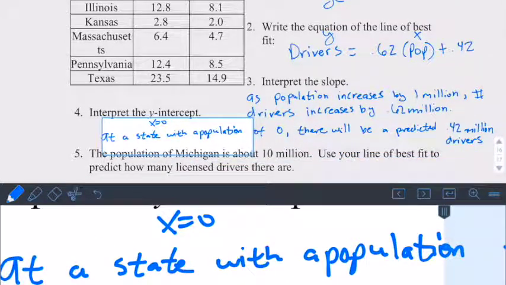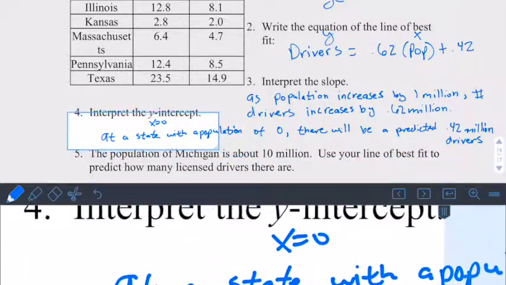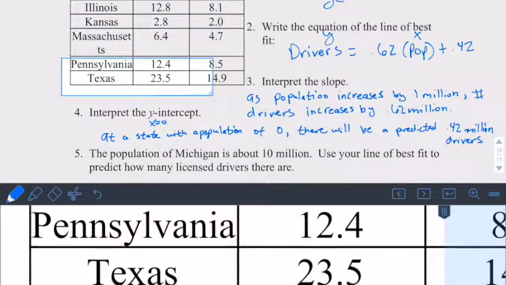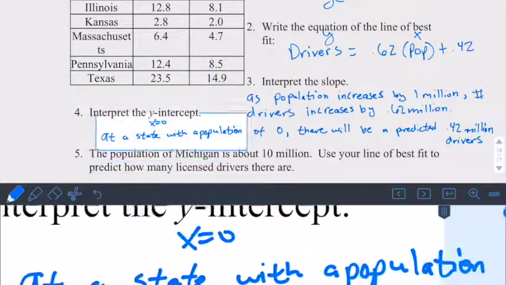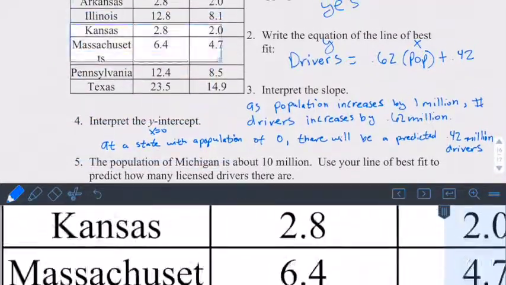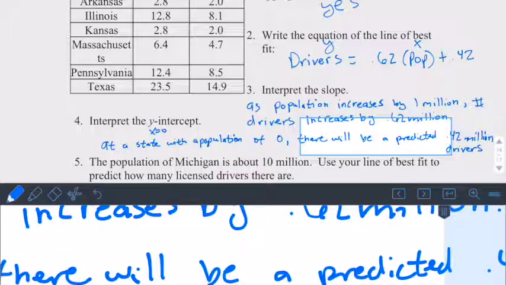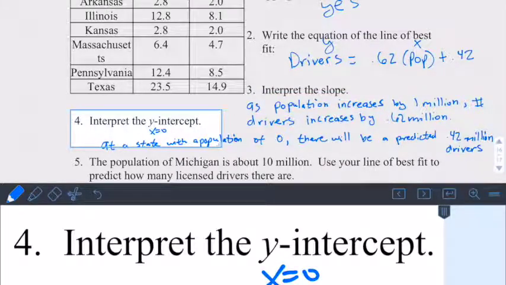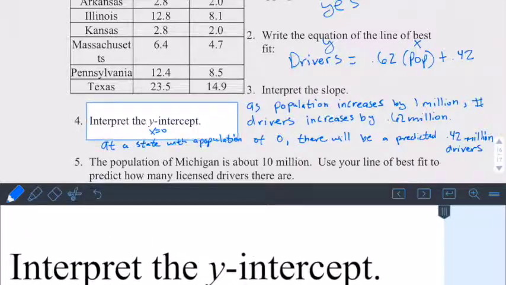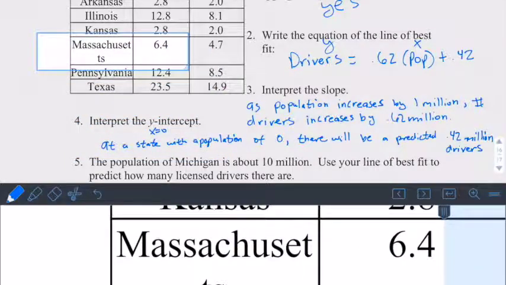Now, that doesn't make much sense in this situation because we don't have a state with 0 million people. But what this is showing is that there is some error because if there was a state with 0 for our population, there should be 0 drivers. So what that is telling us is that these might be kind of high estimates. A lot of times we interpret y-intercept as the starting value. Well, there is no starting value in this case. Statistics is like that a lot, where we have an intercept that doesn't fit a real-life situation,